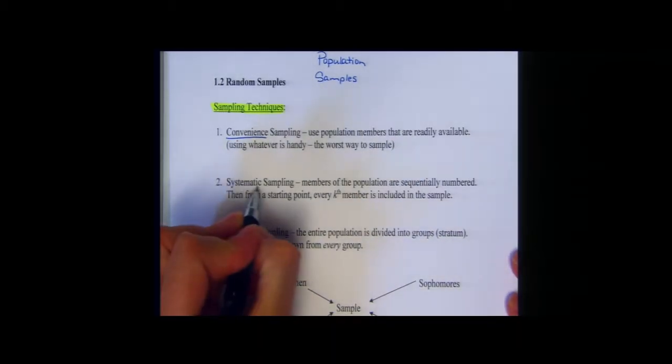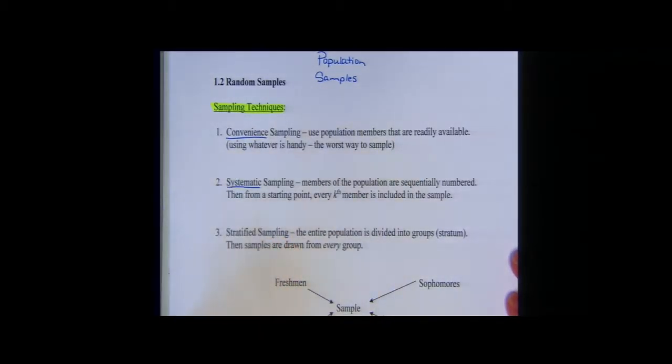The next type is systematic, and this is where members of the population are sequentially numbered. Then from a random starting point, you choose every kth member that is included in the sample. So if I had a conveyor belt, which is a belt that just moves, and let's say I had